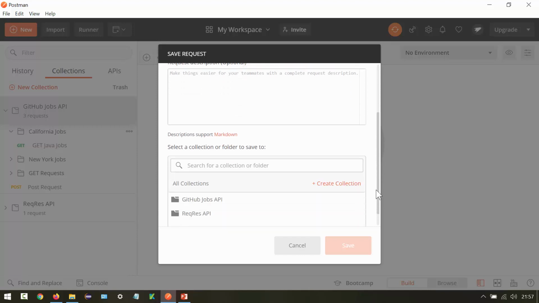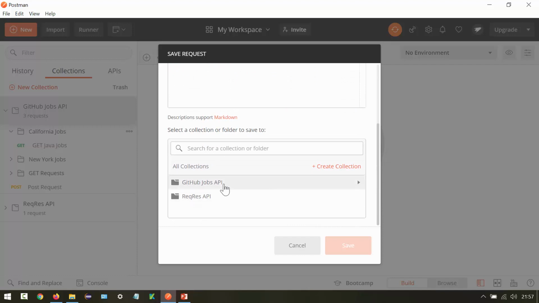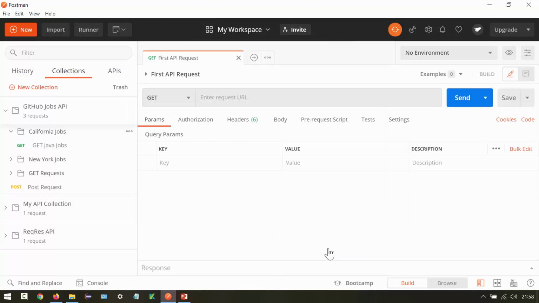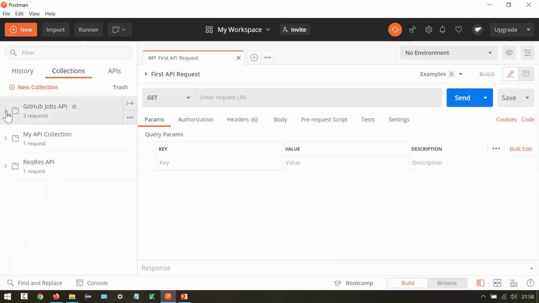After that we need to select a collection. We can select an existing one, or we can create a new one. So let me create a new one. So I can say create collection. Then here I can say my API collection. Then click this tick icon to create that. Then you can see that collection is selected. Then say save to my API collection. Okay, now you can see this is my API collection, and under that we have our request, first API request,